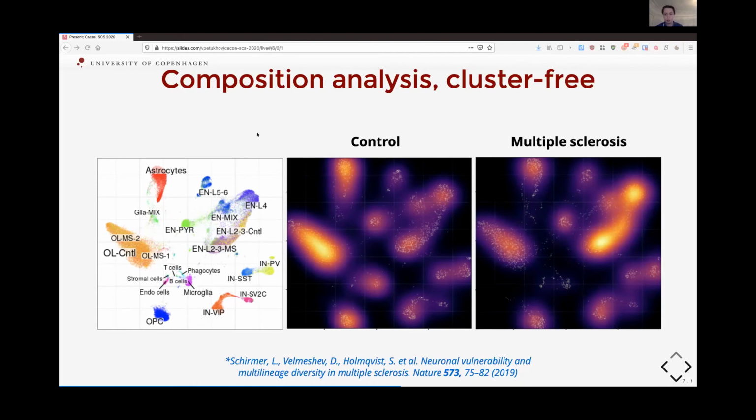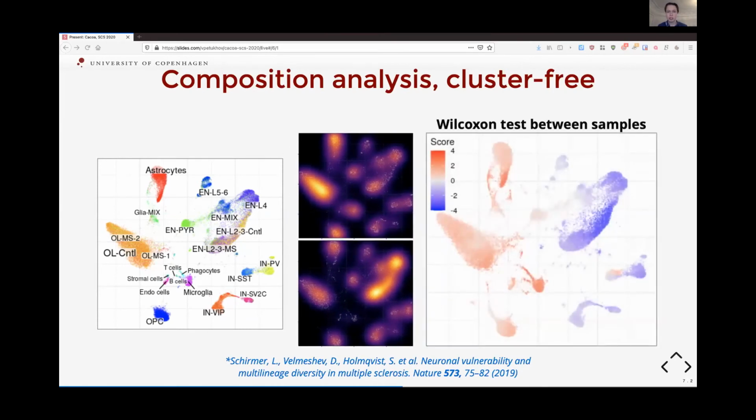So you can look at that by eye, or you can do some estimation of density per sample. Then you would again get a distribution of densities per cell for each of the samples, and you can do some statistical testing on that. So if you do a Wilcoxon test, then it would highlight regions which are changed highly. So you can see again exactly one region of excitatory neurons,